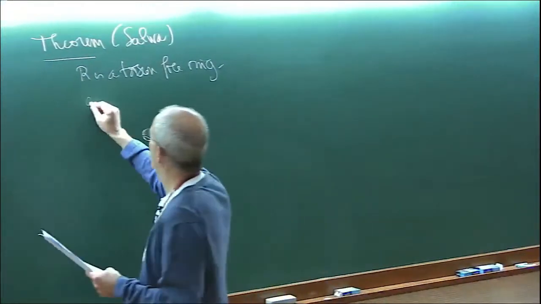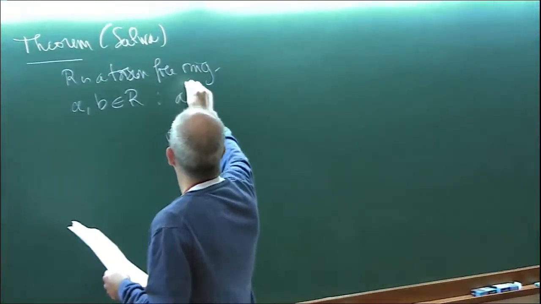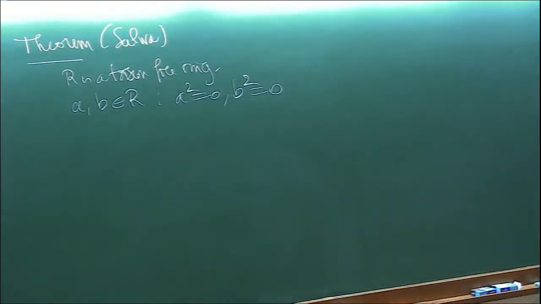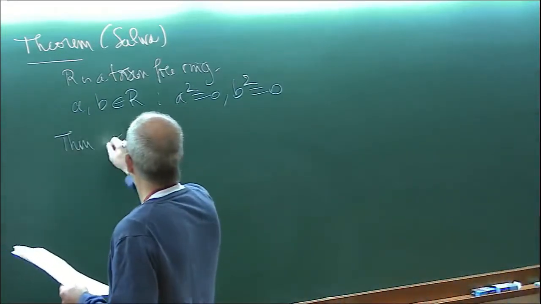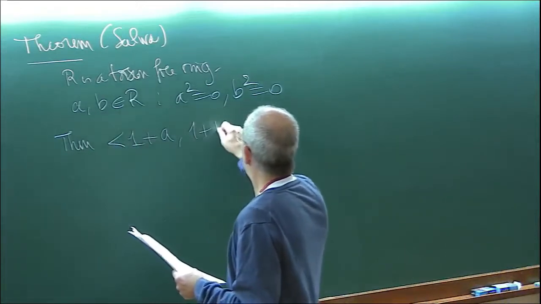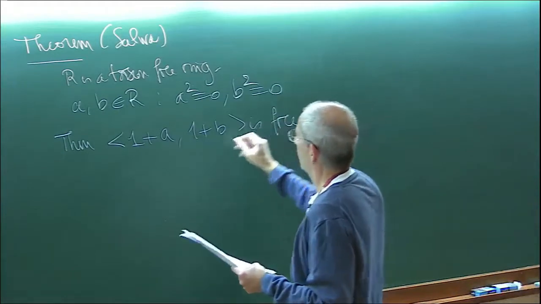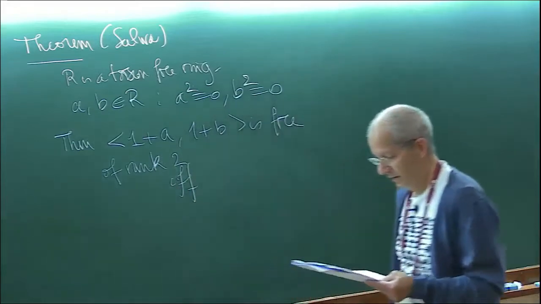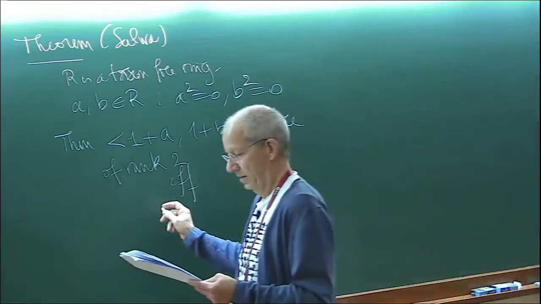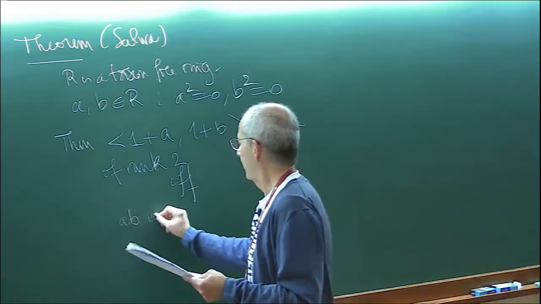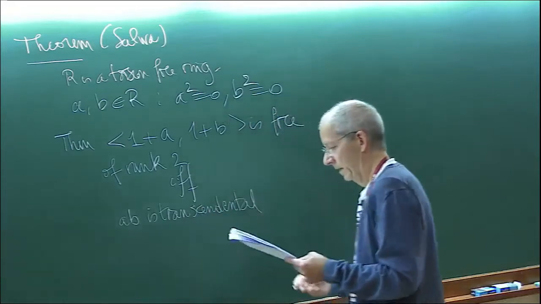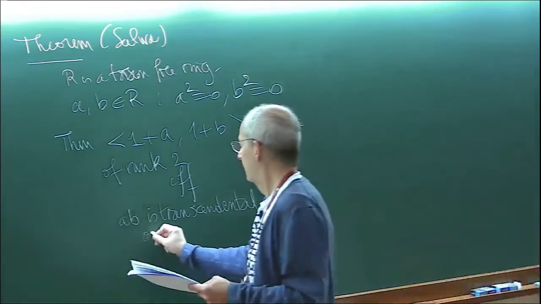You take two elements A and B in R that are nilpotent of degree 2. So think of the bicyclic units, 1 plus an element of square 0. Then the group generated by the unipotents, 1 plus A and 1 plus B, is free of rank 2 if and only if either AB is transcendental, or AB is algebraic,